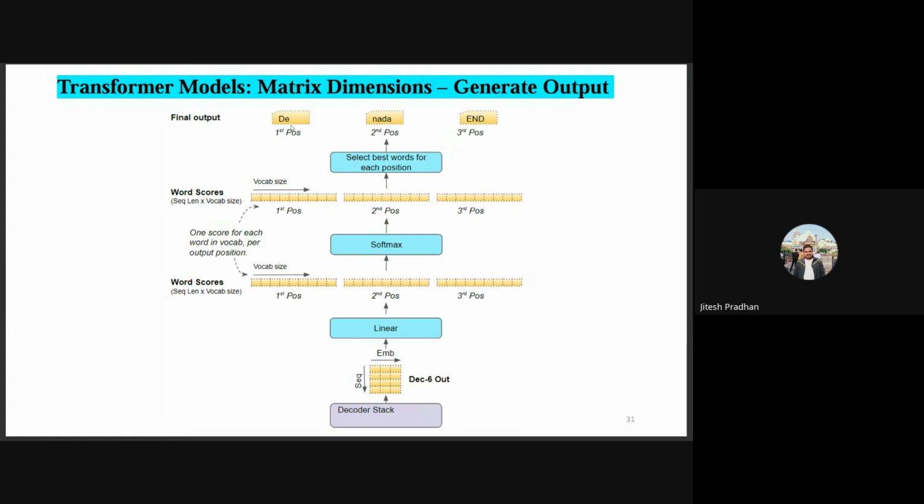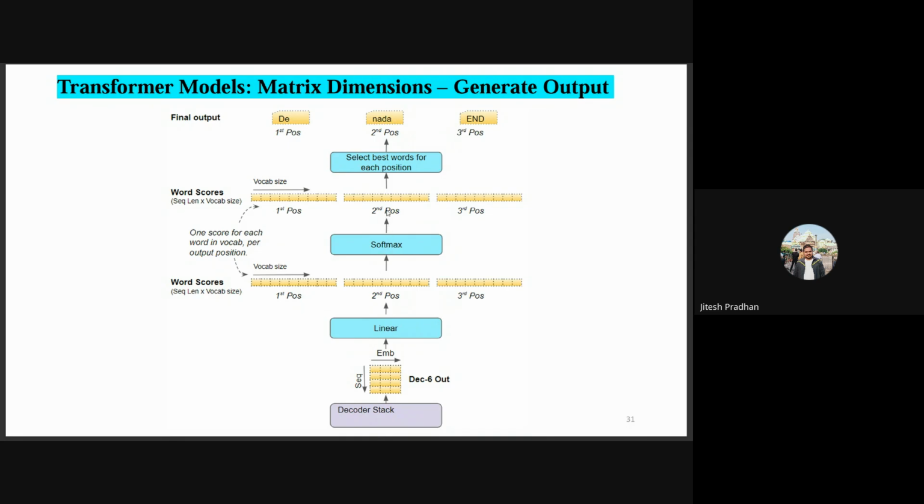Let us suppose the input will be passed through the layers one by one. In the final layer, how will the output be chosen? Look here, it's the vocab size. For the first position, let us suppose we have 1000 words. So 1000 words will compete with each other to take the first position. Now let us suppose day has the highest probability. Then day will be given as the output for the first position. In the second position, all the 1000 words will compete with each other to take the second position, and